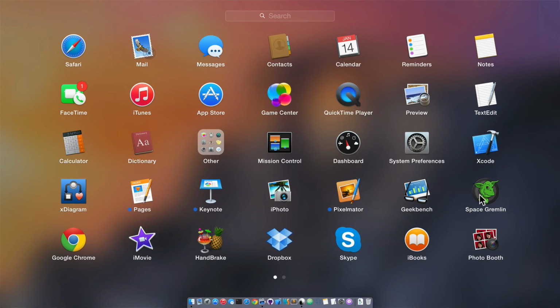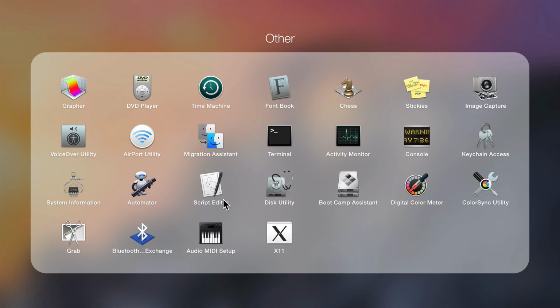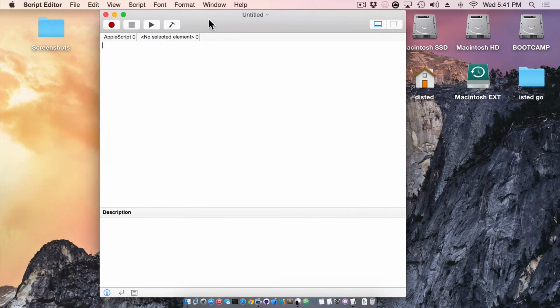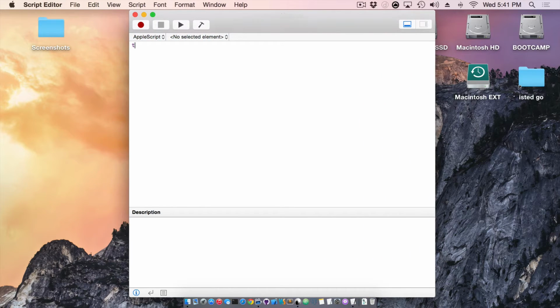If you go to Launchpad and then go to this other folder, you're going to open Script Editor. Okay, and we're going to want a new document. And the first thing you need to do is activate our Finder, because that's where we're sending the key command to. So if some other app is active, then it's going to get the key command and do something different or nothing at all. So after that, then we're going to want to tell our system events